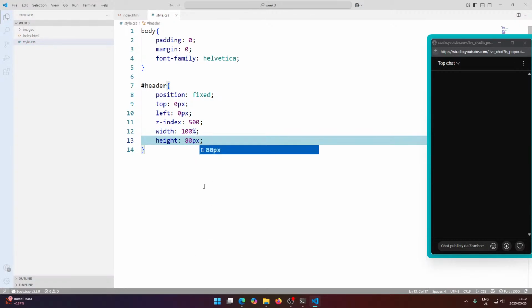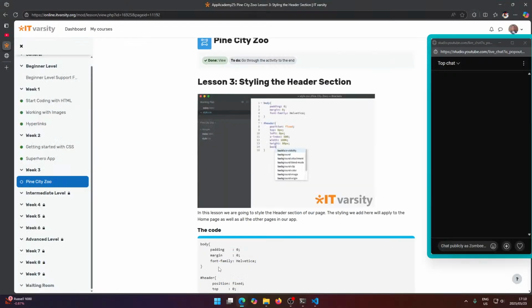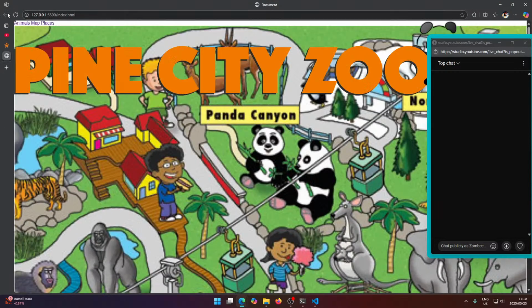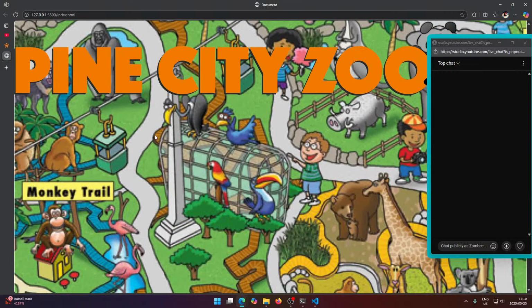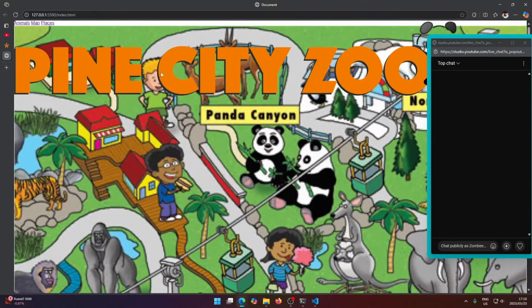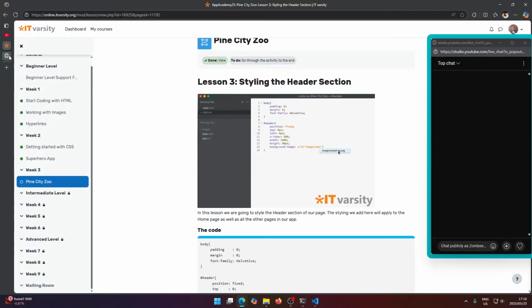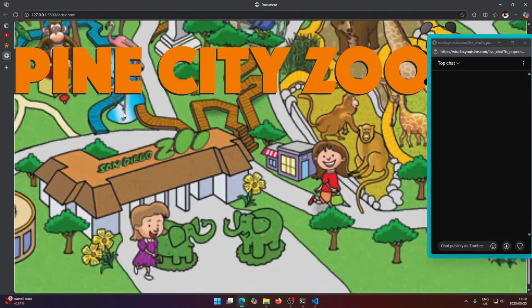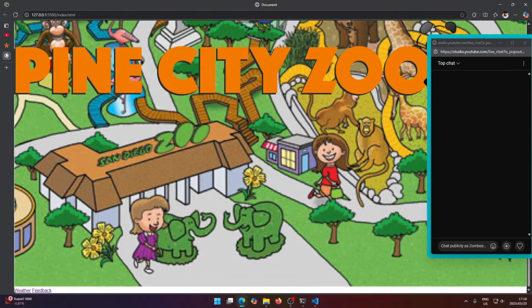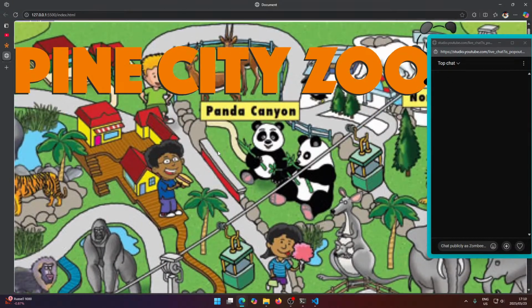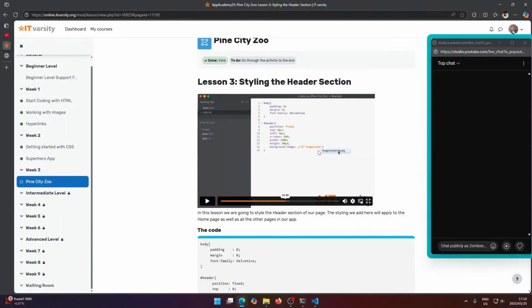And I'll hit save here. Let's head back and see. Okay, so it looks a bit bigger now. Background image is called wood. So now he's adding a background image to the thing here, because right now you can see it's just letters scrolling across, and it would be nice to have a background color here as well. And he's just using that